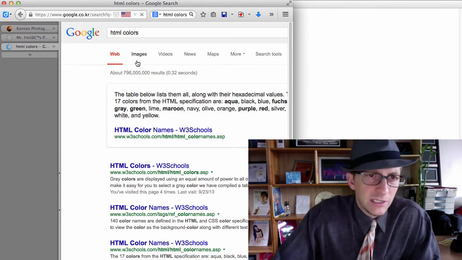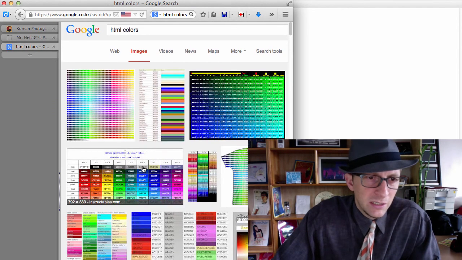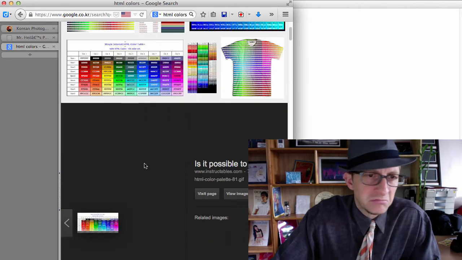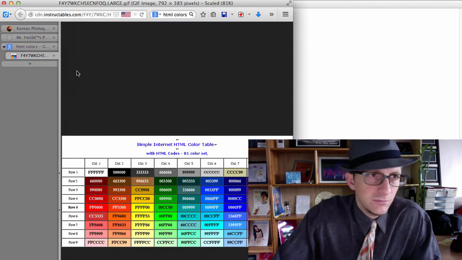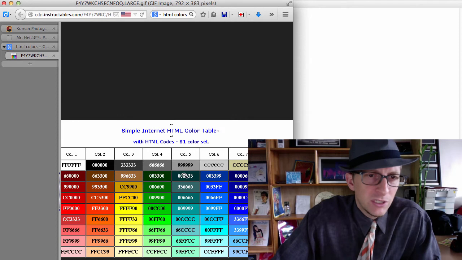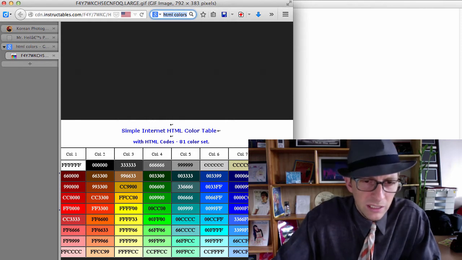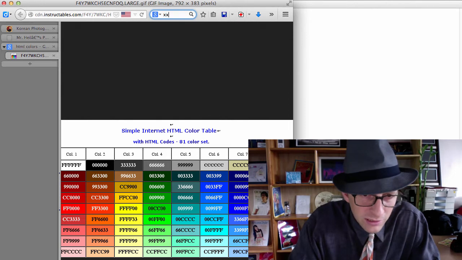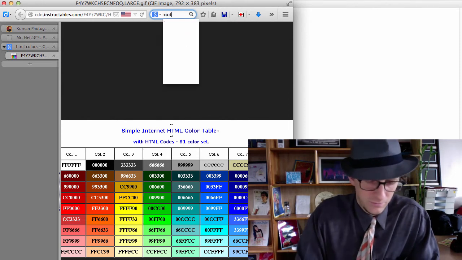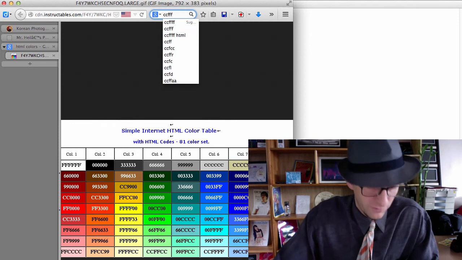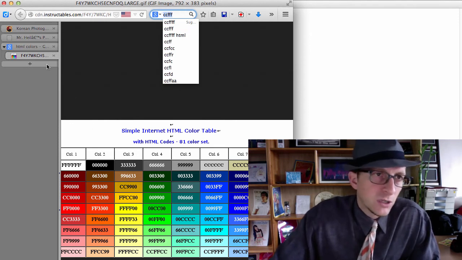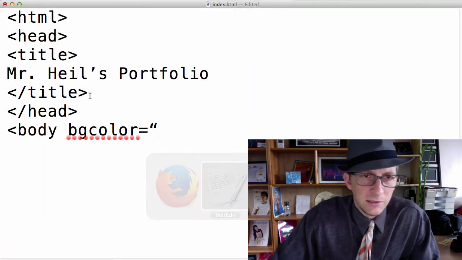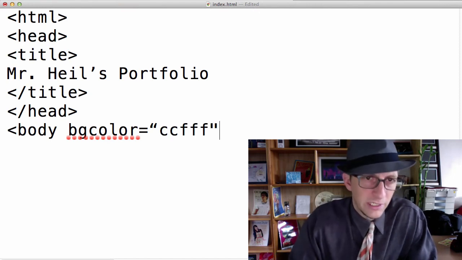And I just like to look at the images, and you'll see, and you can choose any of these. They're all standard images in terms of what you can use. But as you can see, those are all your color options that you can use. So go ahead and choose one of those codes for a color. I'm going to use CCFFFF. And then I'm going to go in here to my text editor and put that color in for my